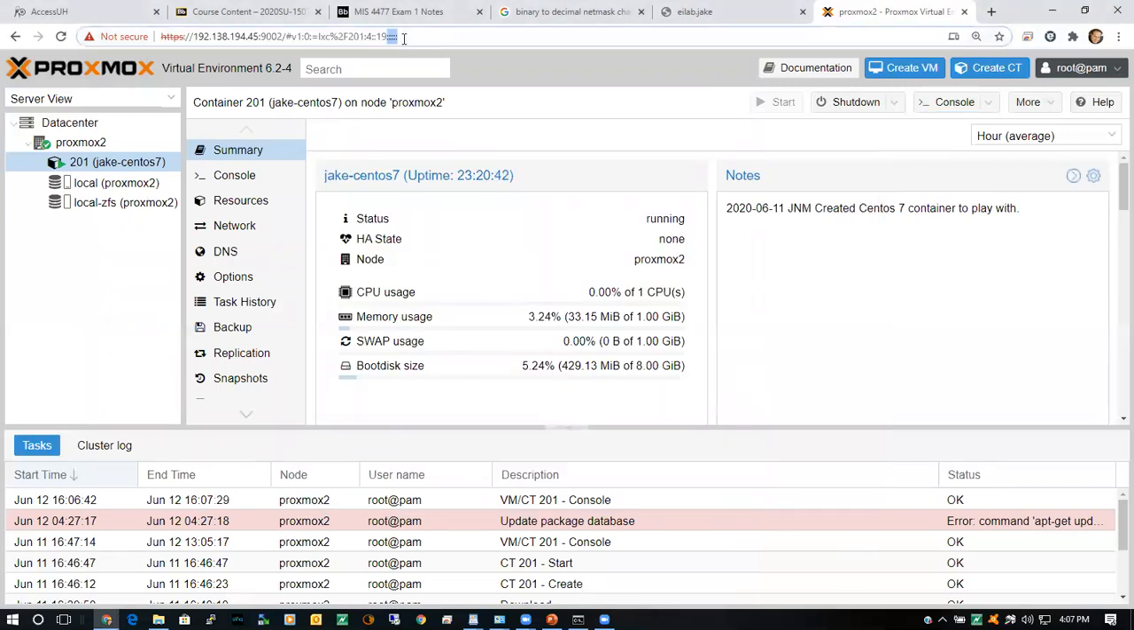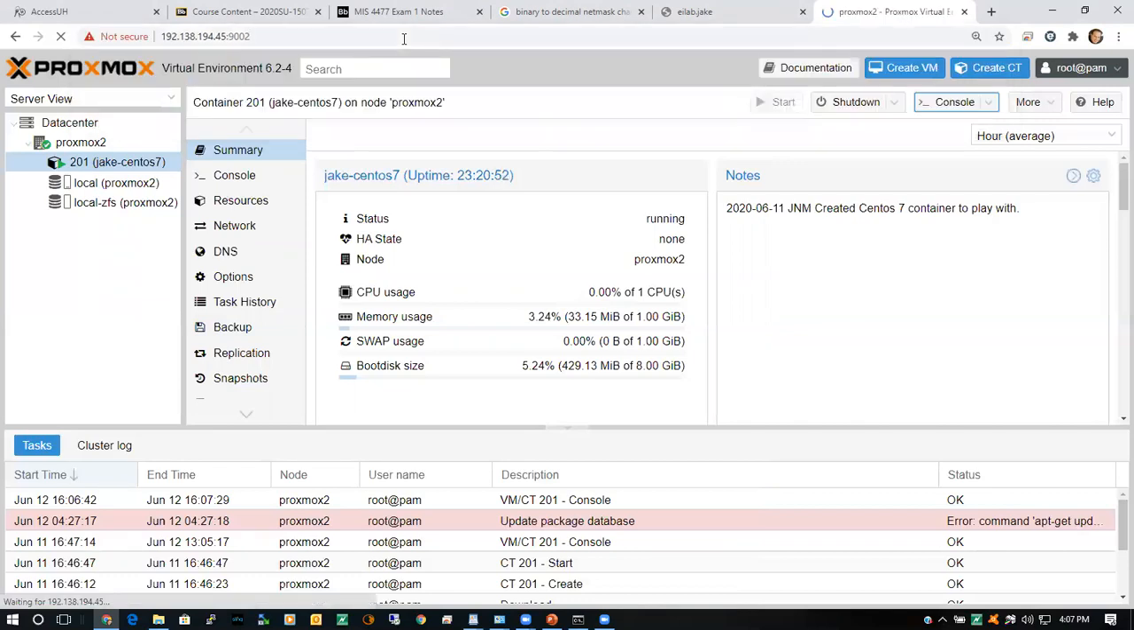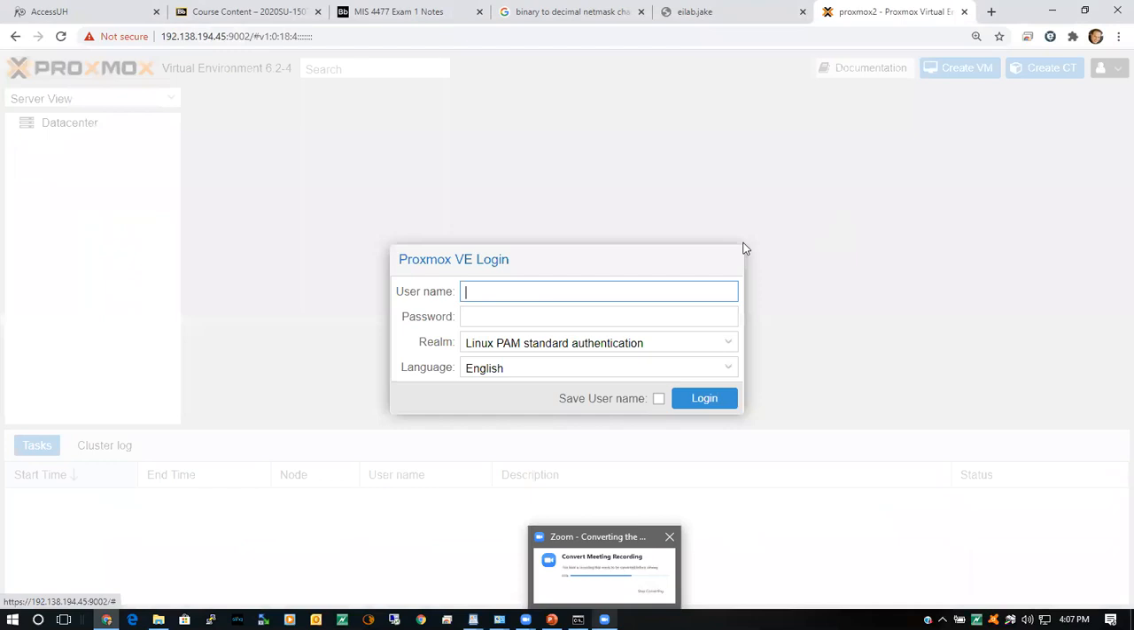Go to this URL, 192.138.194.45:9002. That might not be your team, but that's okay. I want you to go to this one first and try to log in. Again, the username is root, and the password is, I'm going to type it here so you can see it in clear text,